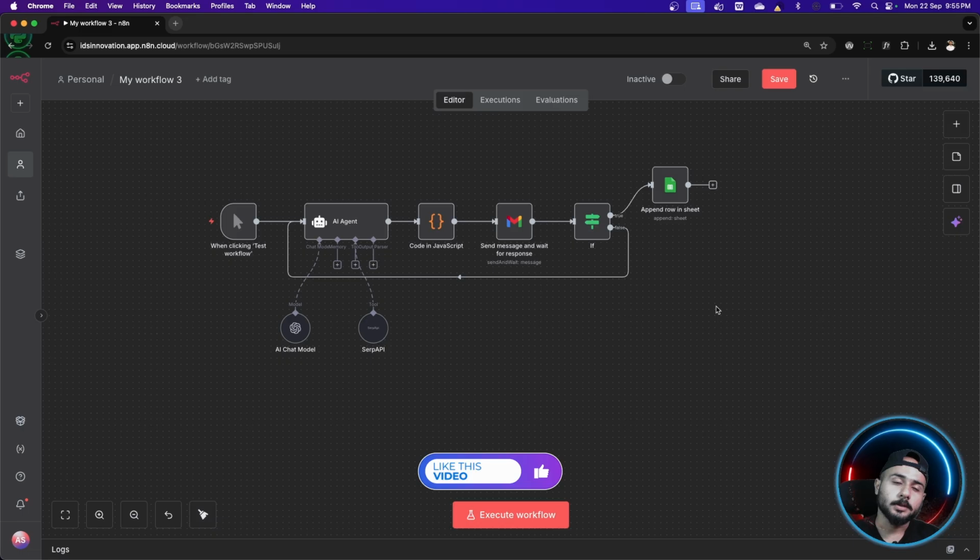But the other way around is to simply automate that task, to simply give that task to AI, so that AI can search for the latest trending news and can create a small LinkedIn post for me. And all I have to do is simply review it. Either I would reject that or I would approve it, right? And based on that, I'm going to have a draft ready in a Google Sheet. That's it. All I have to do now is simply copy paste that and post it on LinkedIn.